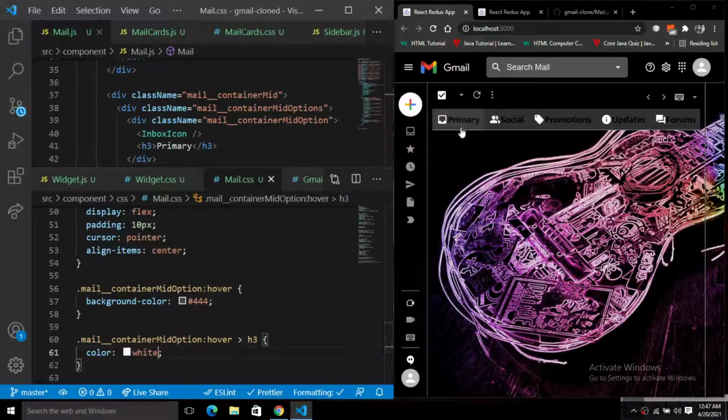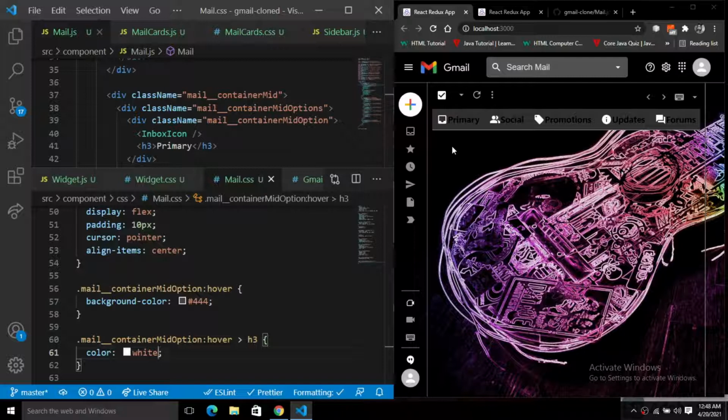So when we hover in, the color will be a white color. Okay, but it is looking too bold there. So what we could do is, if you see, we have this primary, social, promotion, and just like everything there.